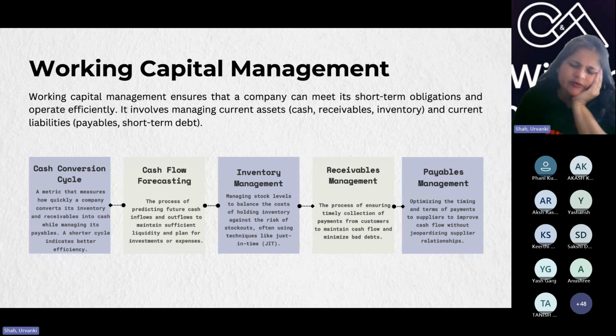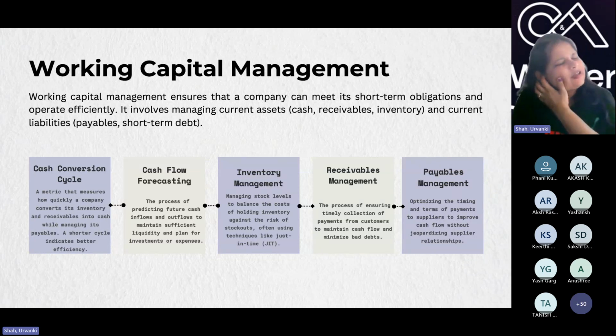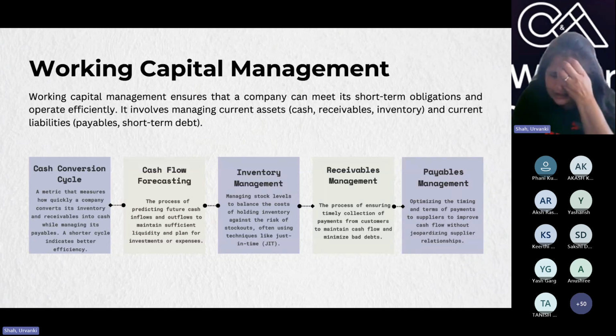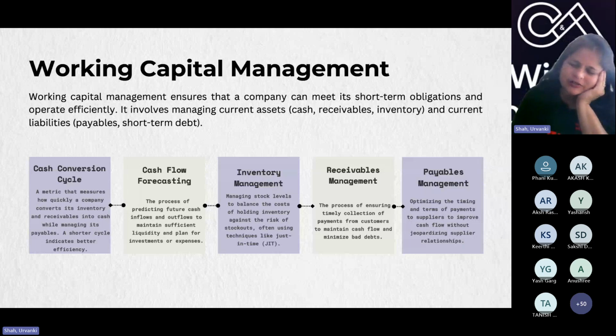Then you have something like receivables management. So, what do we call receivables? Say, for example, I have sold you goods. Now you are going to pay me, say, after 5 days. So receivable management has to work closely with cash flow forecasting, because receivable financing would say what amount of cash you are receiving after T plus 8 days, transaction plus 8 or transaction plus 10, right? You guys are with me till now, right?